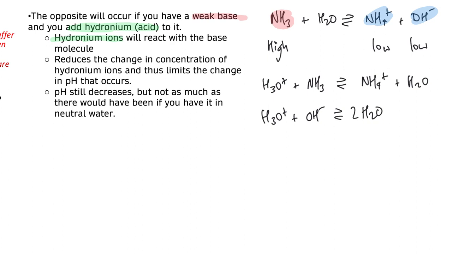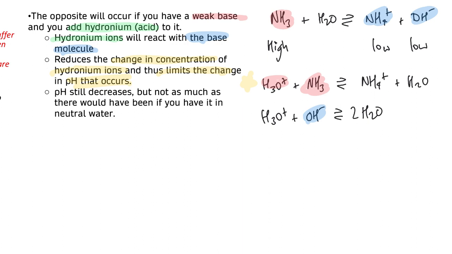Okay, so a high concentration of this one and a low concentration of this one means that this one here will occur much more. The reaction with the base molecule, it's going to react with the base molecule. So again, it goes through that, reduces the change in concentration of hydronium ions, which limits the change of